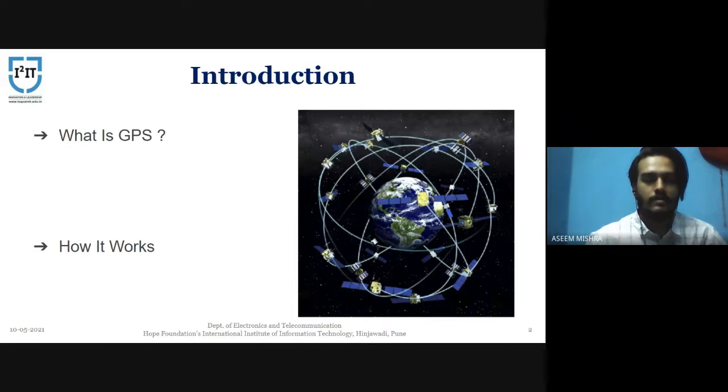So how does it work? The GPS receiver on Earth has to locate at least three satellites in orbit, figure out the distance to each of them, and calculate the location. The basis of GPS is trilateration from satellites. Second, a GPS receiver measures distance using the travel time of radio signals. Third, to measure travel time, GPS needs very accurate timing, which it achieves with some tricks. Fourth, along with distance, you need to know exactly where the satellites are in space. High orbits and careful monitoring are the secret. And fifth, you must correct for any delays the signal experiences as it travels through the atmosphere.